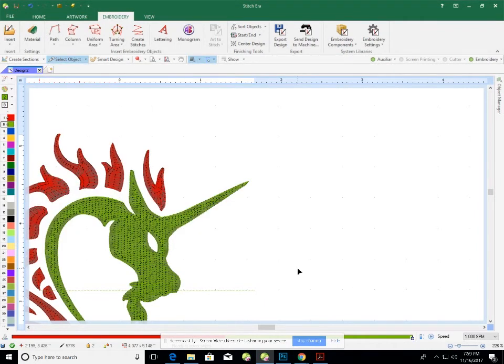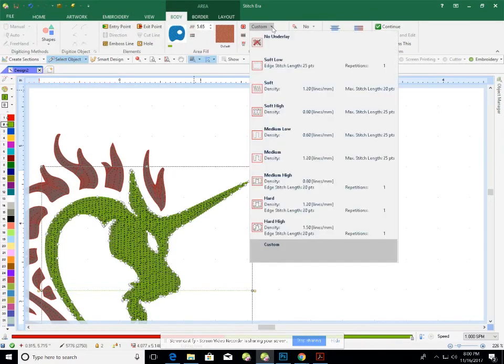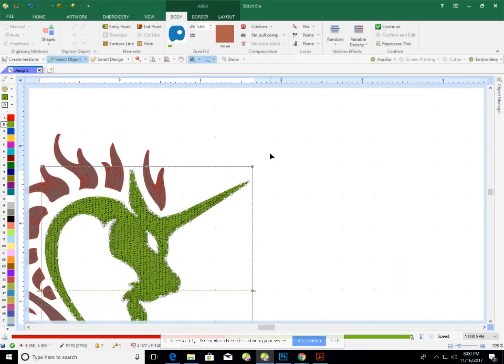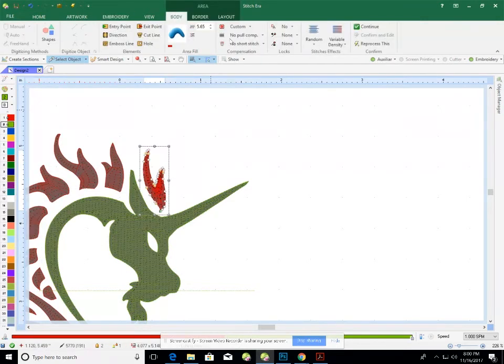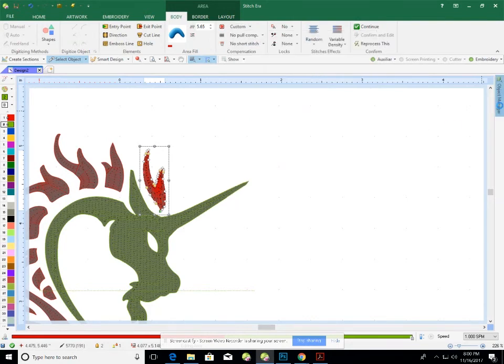All right, now that we have everything assigned to a different color and everything assigned to a different stitch, I'm going to upgrade the stitches. So make sure, and this is by default sometimes, make sure the stitches are on 5.65. And drop down this custom to a medium density. So for each one of these, I can do that, medium density,